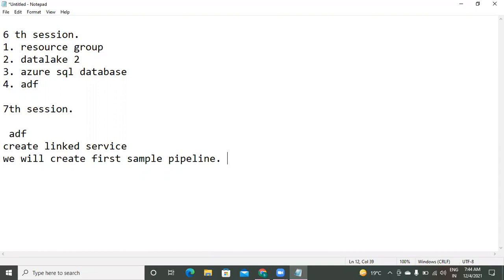After that, in data migration part, if your data is out of Azure, how to create the linked service and how to create integration runtime. What is the integration runtime for the out of Azure services? Self-hosted integration runtimes, those things we need to use. First we run the examples with auto integration runtimes. Then we go to the self-hosted. Okay, so let's start our practical work.